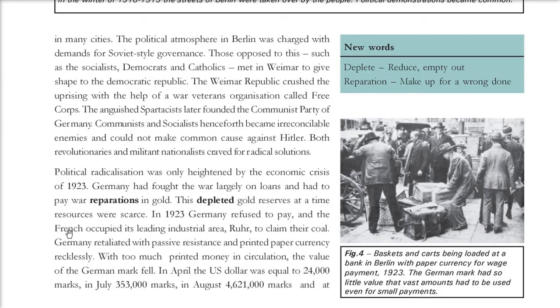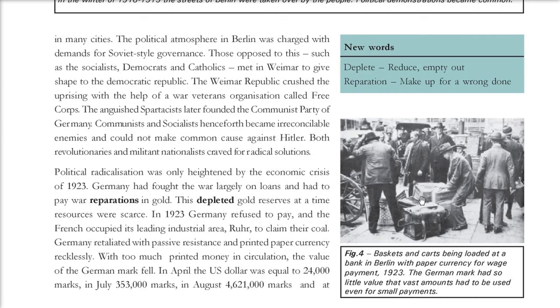So what did the French do? They occupied the leading industrial area of Germany, the Ruhr, claiming all its coal. But Germany retaliated with passive resistance, and they printed paper currency. Because of this, so much money was in circulation that the German currency, the mark, fell. If we can go back, one US dollar was equal to 24,000 marks. See how many notes will